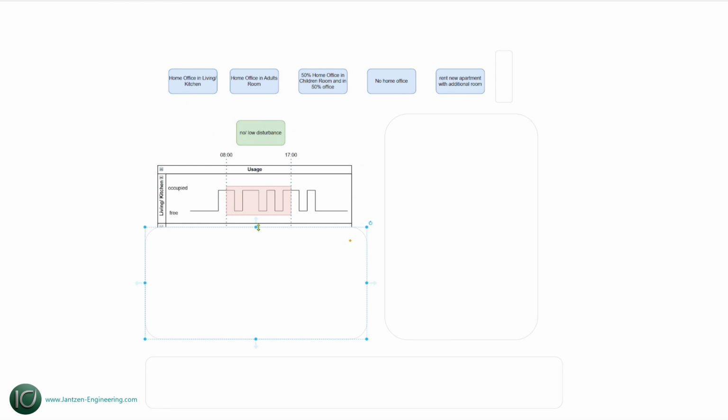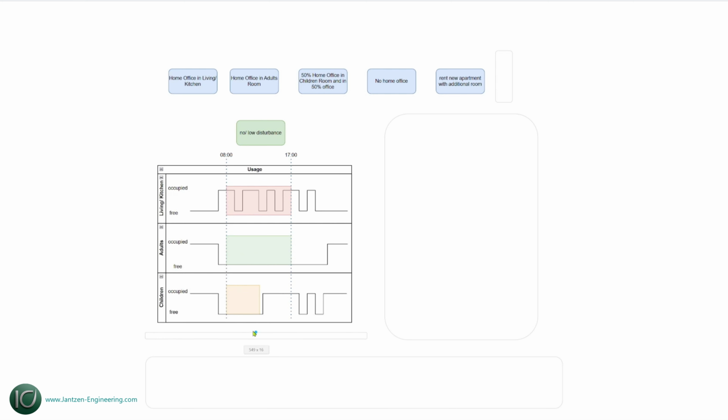It may be different to you, because these needs are very personal. The placement in the adults' room becomes very attractive as there is nothing happening, and it might be an option to place it in the children's room, especially if there is limited or no room in the adults' area,